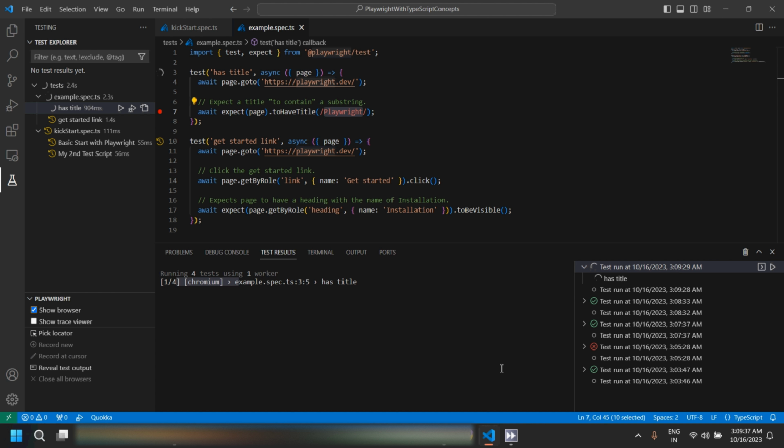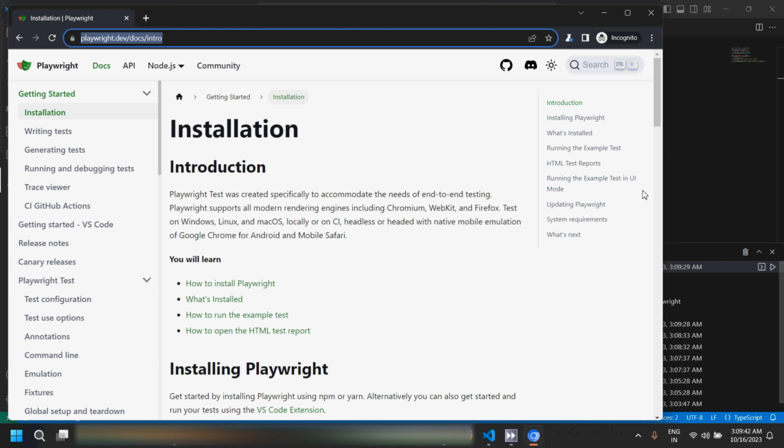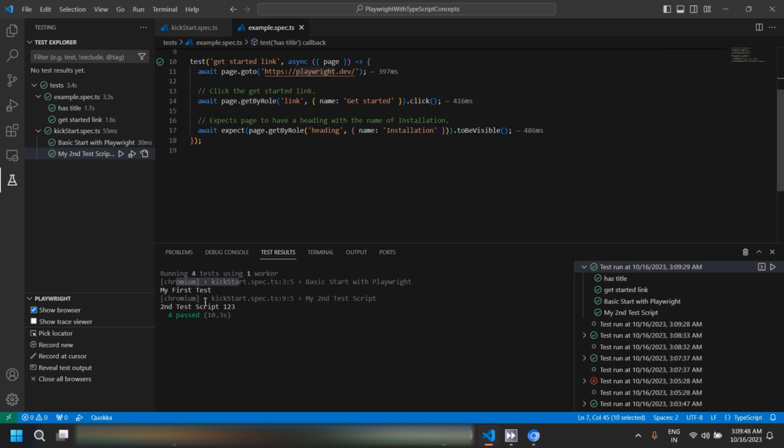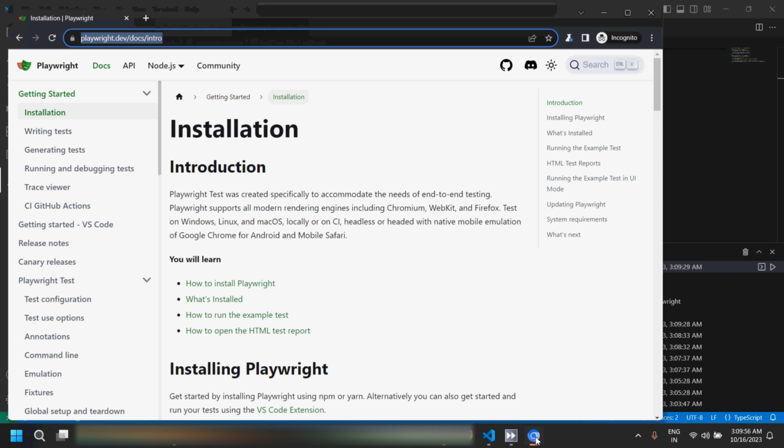Let it run. So see, the browser got opened and my test is getting executed, and all my tests got executed. Still, it will keep the browser open for your further debugging, or for locating more options which you want to do, so you can do it from here. Okay,